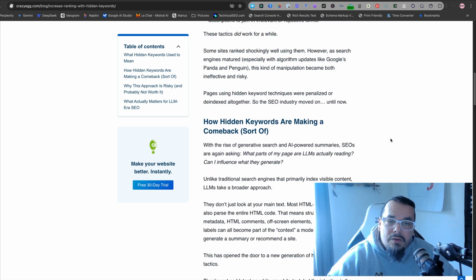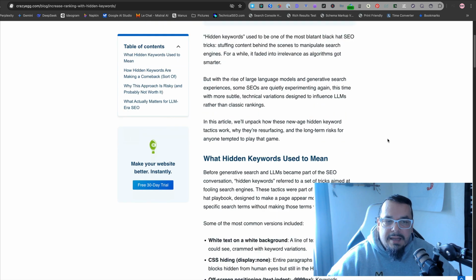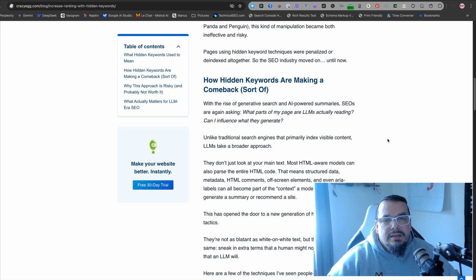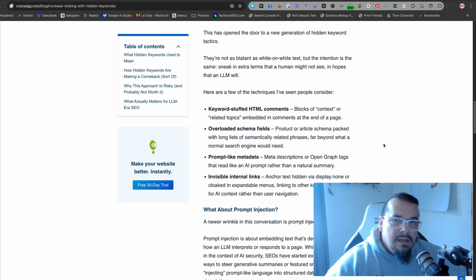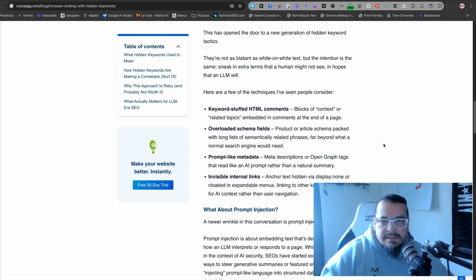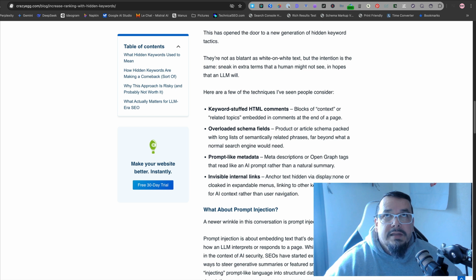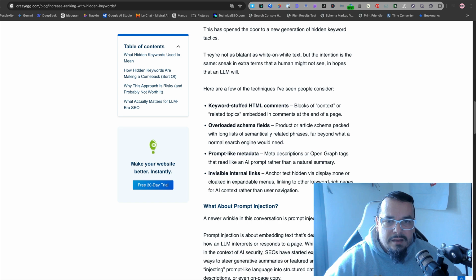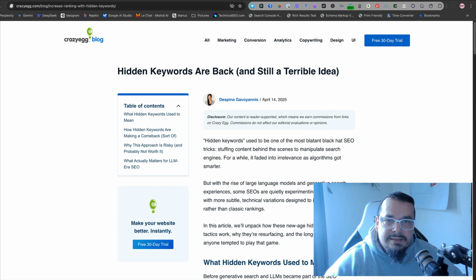So what she's claiming now is that it never stopped working with Penguin and Panda, and now people are trying to do it with AI. And AI doesn't work that way, because we've seen a lot of studies saying that AI would actually rip out all of the HTML and just provide the bots with this. That's why you have that LLMs.txt file that we talked about a couple weeks ago. It's essentially what it is. It's a ripped down, no nonsense version of the page.